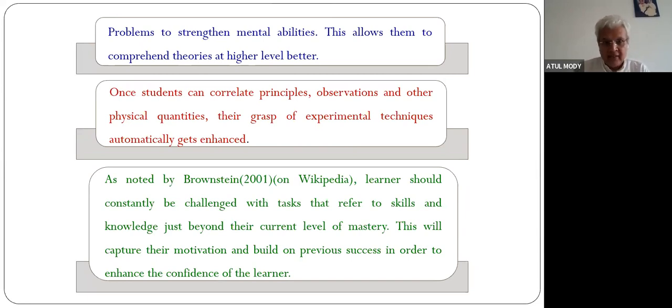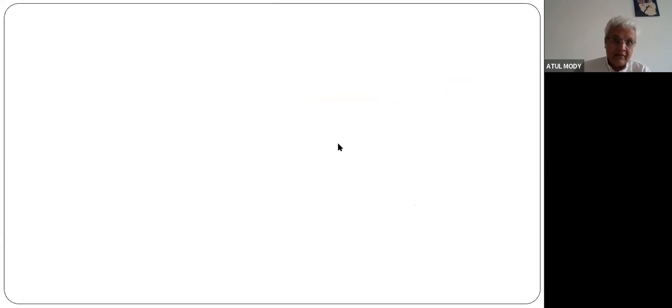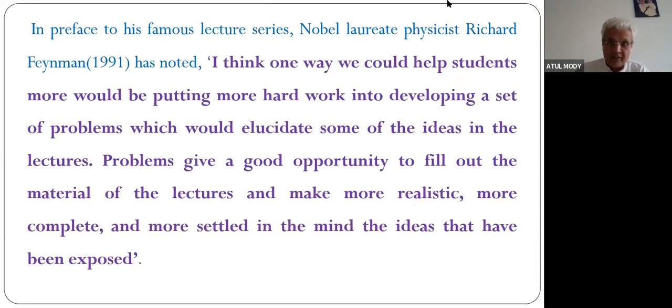So basically, as Brownstein has noted, the learner should constantly be challenged with tasks that refer to skills and knowledge just beyond their current level of mastery. This will capture their motivation and build on previous success in order to enhance confidence. Now I'm saying so many things, and I'll point out something more interesting after we read what Richard Feynman says. If you look at the preface of the Feynman lecture series, he says,